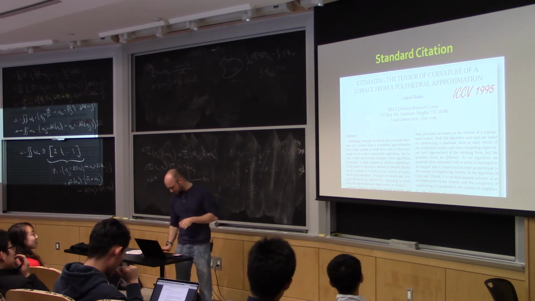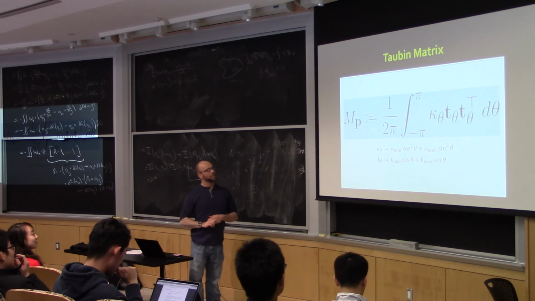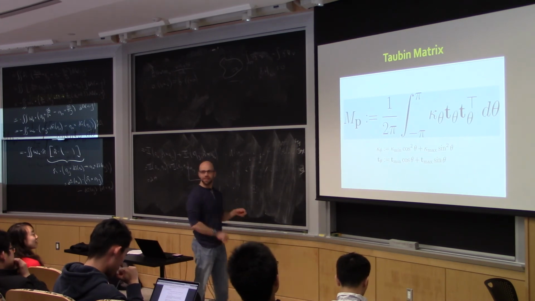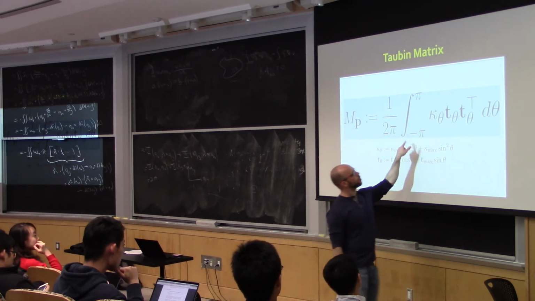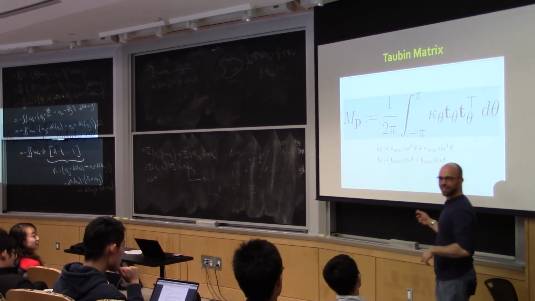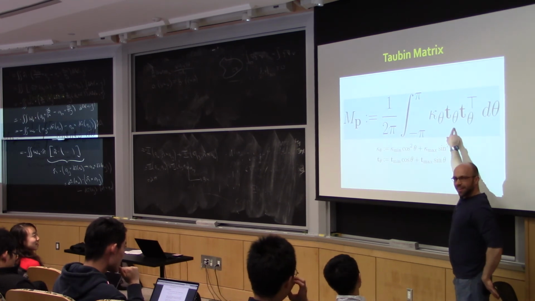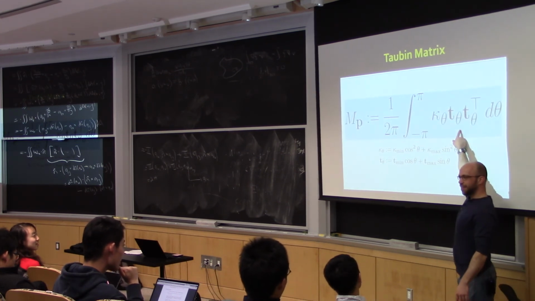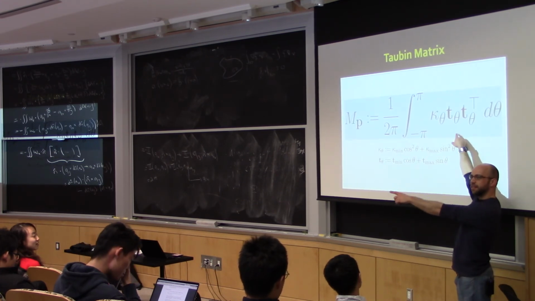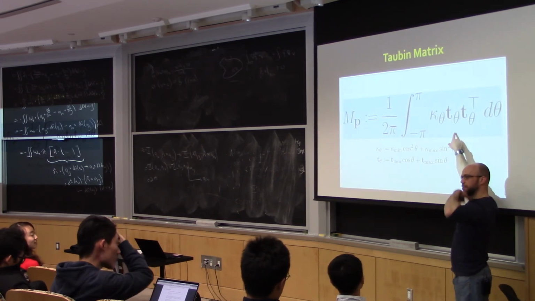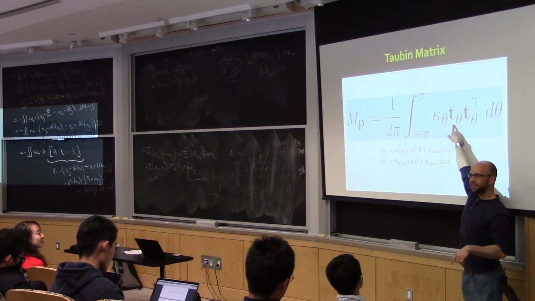So in Taubin's case, he did an interesting, weird move, which I wouldn't have guessed, but it turns out to be a handy formula. So he showed the following. This was on the homework in previous versions of this class. I think it might be useful to have it in this one too. He said, okay, let's grab a point on a surface. I'll just randomly choose a reference theta. It doesn't matter here because I'm going to integrate from 0 to 2 pi. And t theta is the tangent in the theta direction.